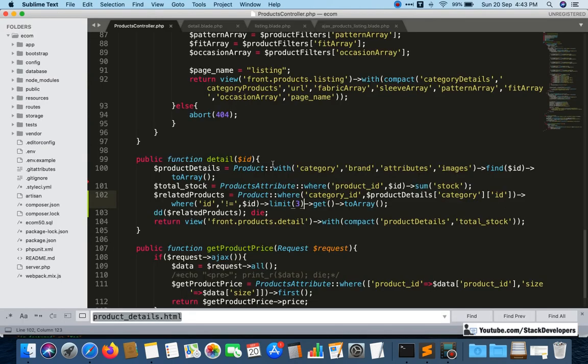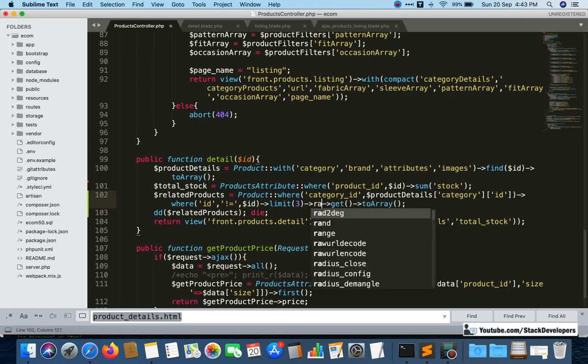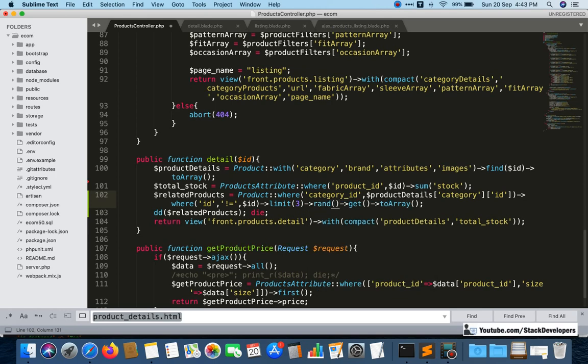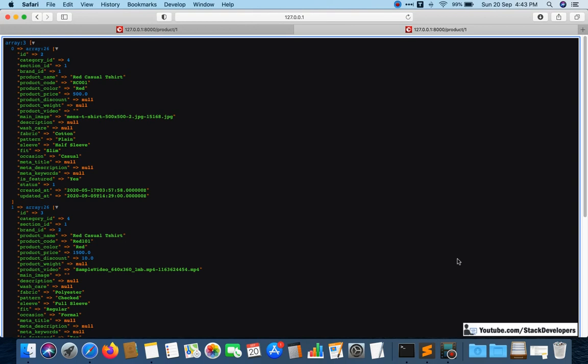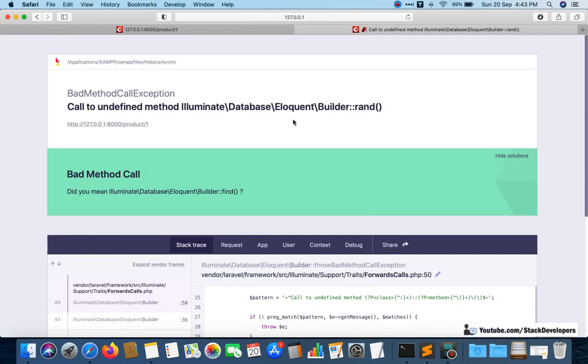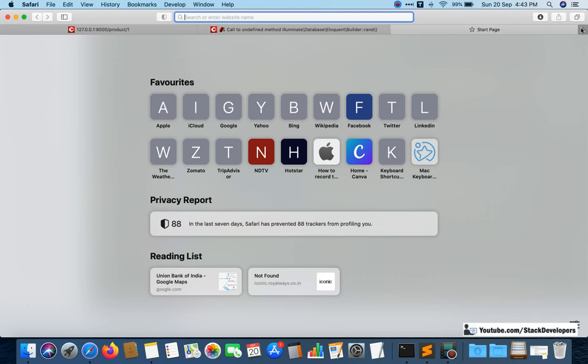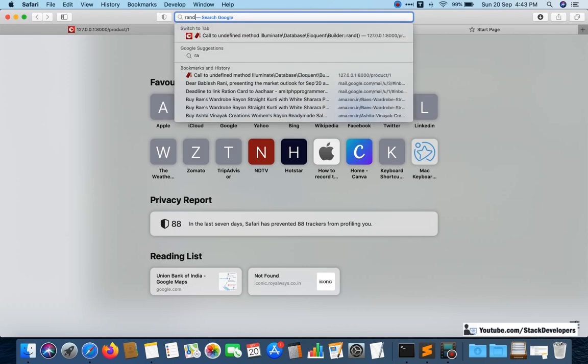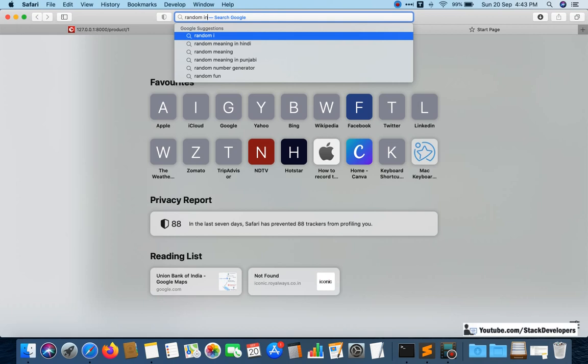So we will add random here, and I will check whether it is rand or something else, otherwise we will search. Let's see first. I'm going to refresh once again, but this is not working, so we need to check random in Laravel MySQL query.